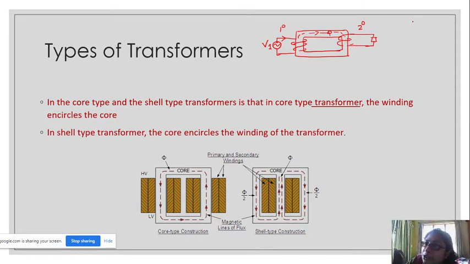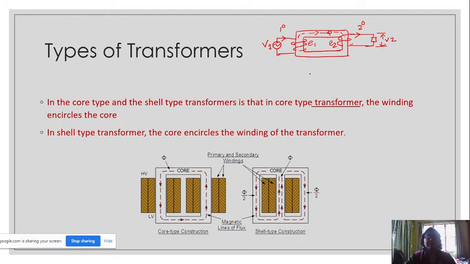Naturally the rate of change of flux means that flux is changing with respect to time. So with respect to time, the amount of flux linking in this coil, this conductor, is changing. Naturally an EMF will be induced over here. Initially there was an EMF induced here, and that is going to produce another EMF here. If there is an EMF, naturally current will flow and you will get a voltage across this load. So this is the basic principle of a transformer.